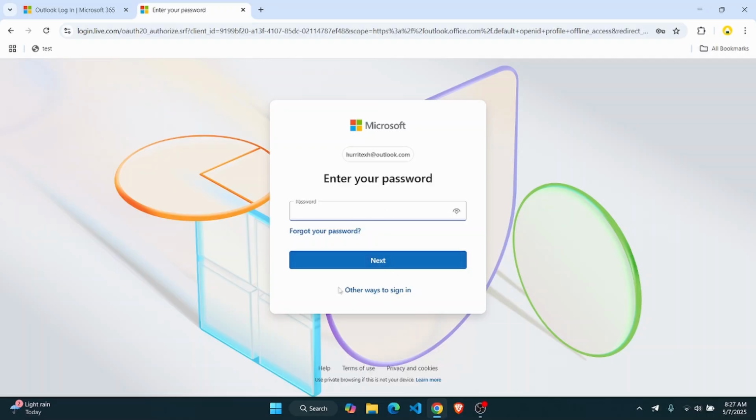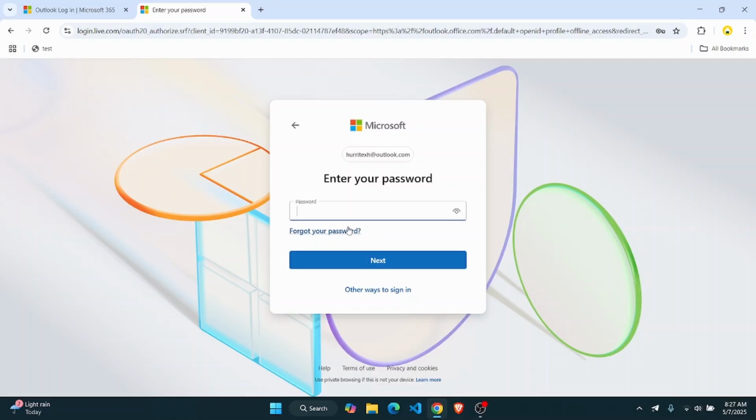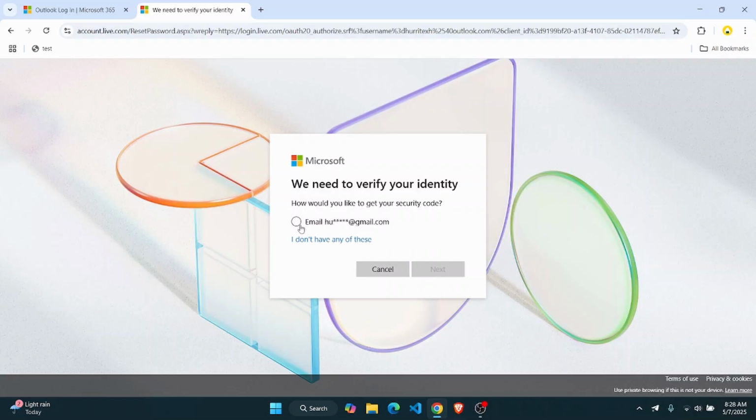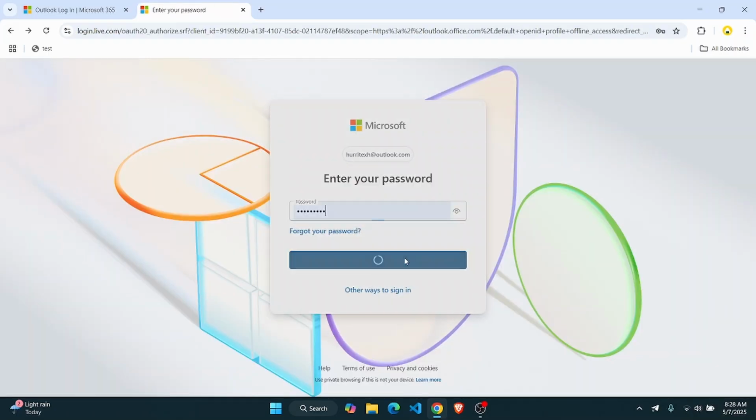And if you want other ways to sign in, you can click right here and send a code to your email, use face or fingerprint, or use your password. And in case you've forgotten your password, you can click right here to reset your password. They will send you a security code on this. I'm not going to do that right now because I know my password, so I'm just going to click on